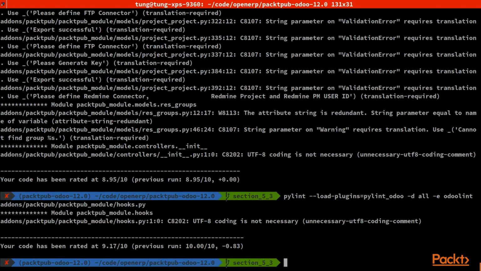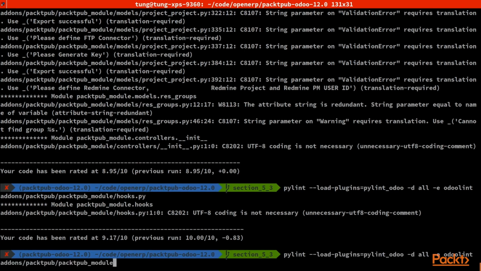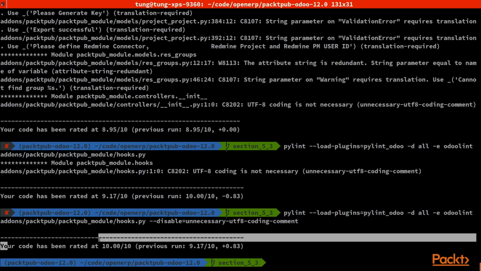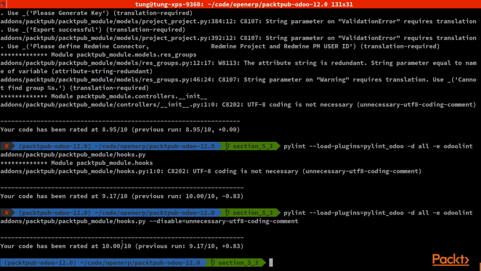But sometimes, when you feel that not all errors are useful in your context, you can add an extra parameter to disable a specific check. For example, I want to remove the check for UTF-8 coding. So I can add disable and then the specific code here, and you see that now our rate is 10, okay, compared to